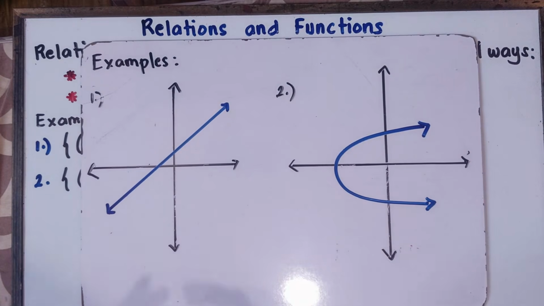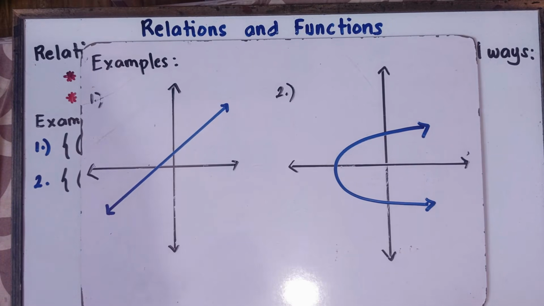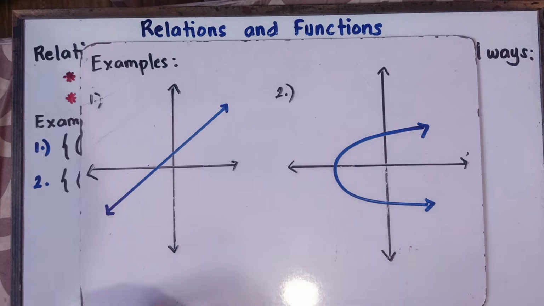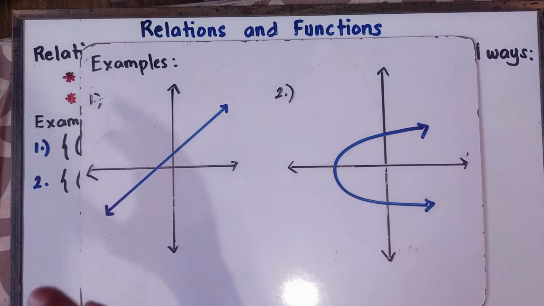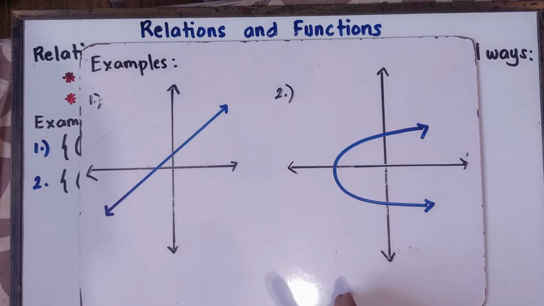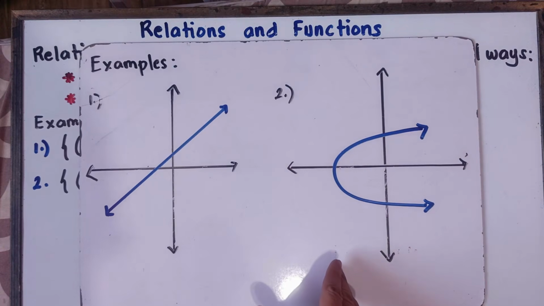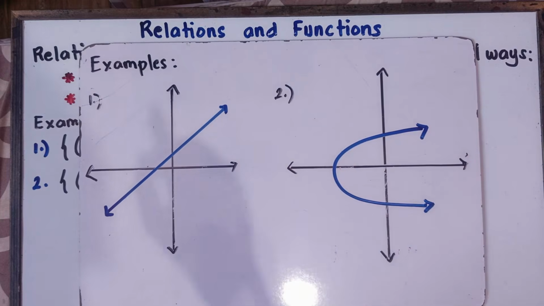Now, how will you determine if the given graph is a function or not? Very easy class, just simply have a vertical line test. Once again, just simply draw a vertical line. If only one point intersects the given graph, if only one point lies on the vertical line, therefore it will be a function. Now if there are 2 or more points that lie on the vertical line, it will not be a function. Easy as that.